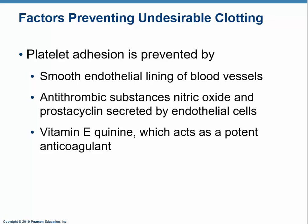There are various other things that are produced: nitric oxide, prostacyclin, that the endothelial cells themselves secrete. Again, a healthy endothelium is what keeps it going. Things like vitamin E and quinine also are